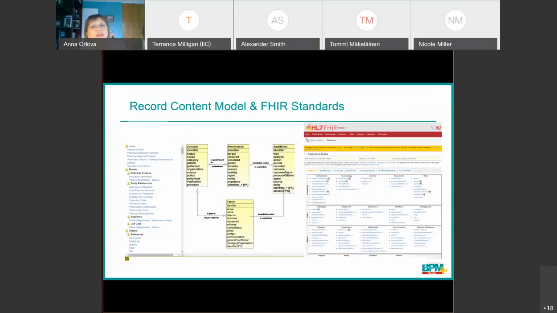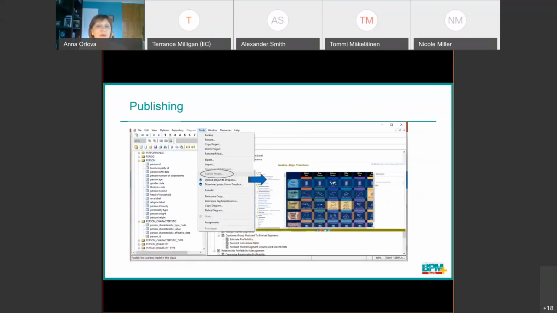So we continued to use FHIR resources here, representing the data types in a particular format that FHIR resources enable us to do. And one of the features of that particular tool is that it allows us to publish these models, but then also allow external subject matter experts